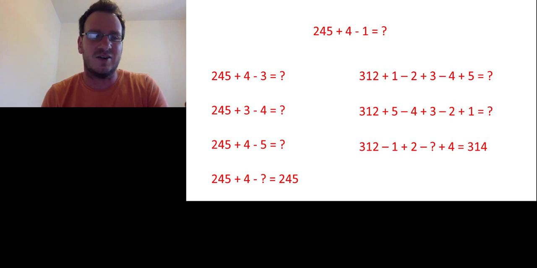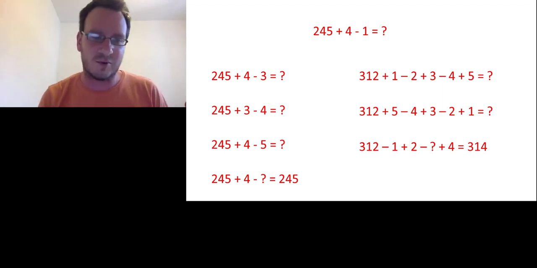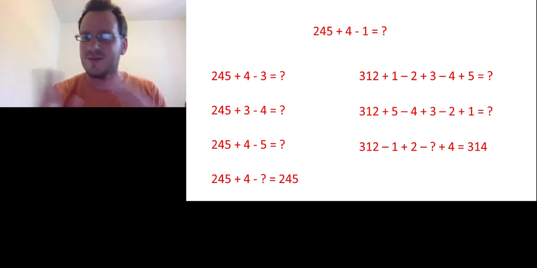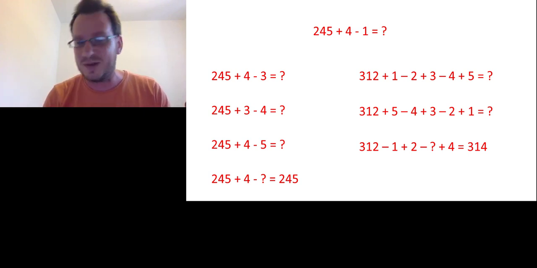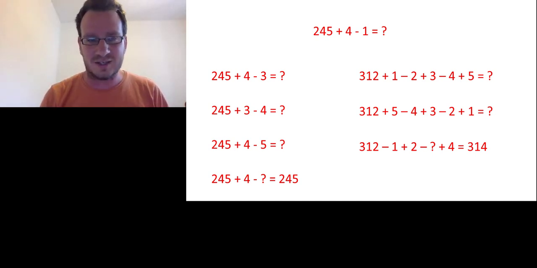I could say, well, that's interesting. Look, add 4, take away 1. That worked out the same as add 3. Well, that's weird. Let's try. What about add 4, take away 3? What's that like? What about add 3, take away 4? Are they the same? Are they different? What's going on? Add 4, take away 5. What do we notice? And missing numbers here, and then I've used that 1B, that second Discover question, as a